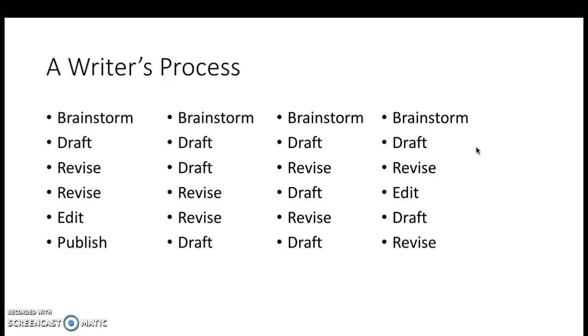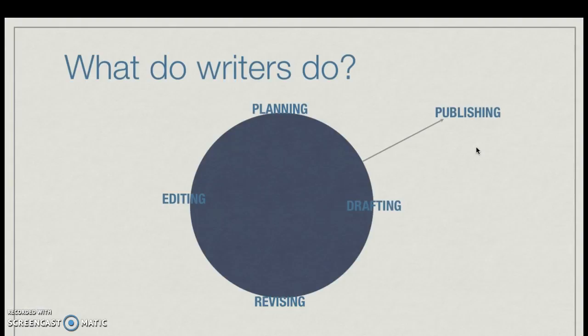The whole point I'm trying to make here is that when writers write, sometimes they go through the sequential, I guess maybe step-by-step process of brainstorming, drafting, revising, editing, and publishing, but not always. Oftentimes, we are using these various processes recursively, and we're really kind of going between each of these different processes at once. So it doesn't necessarily follow such a linear model.